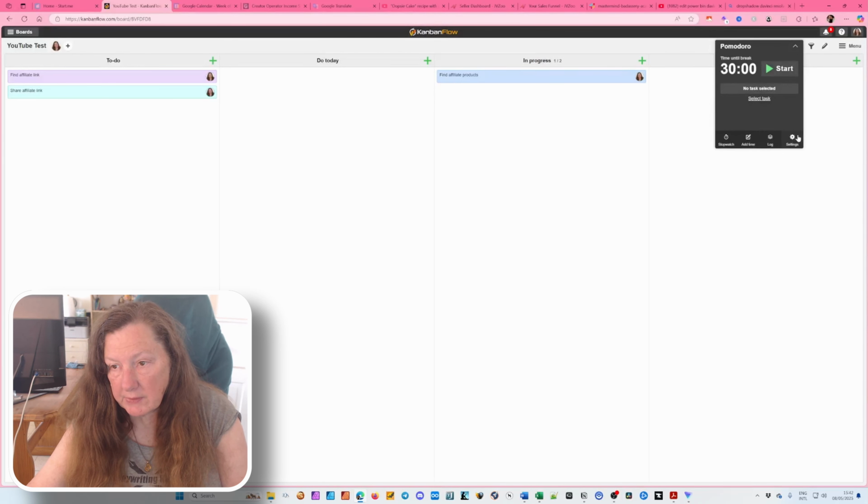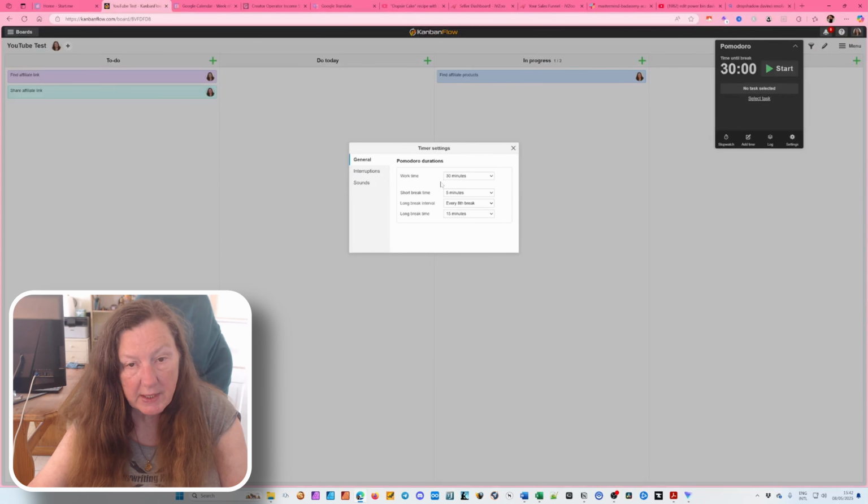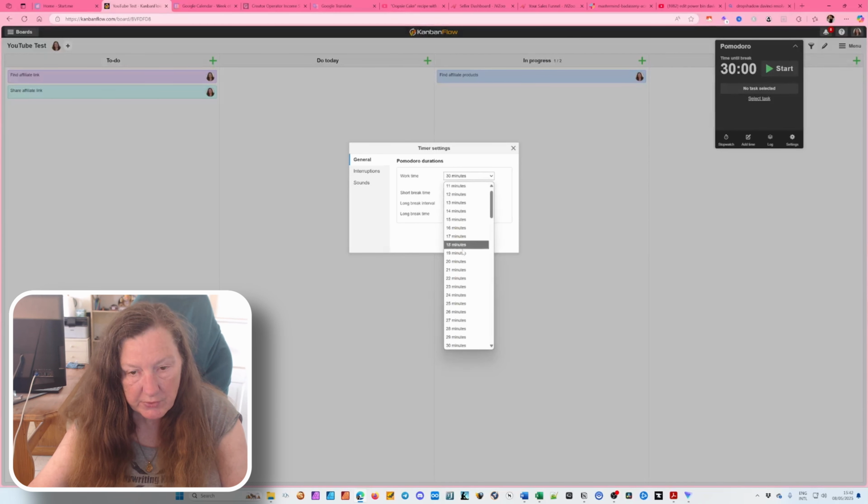And then under settings, you can even decide how much work time you will have at a time, how long your short breaks will be. And then, for example, after 4 breaks, let's just change that. After every 4th break will be longer, for example, 15 minutes. So let me also change this one to 25 minutes.